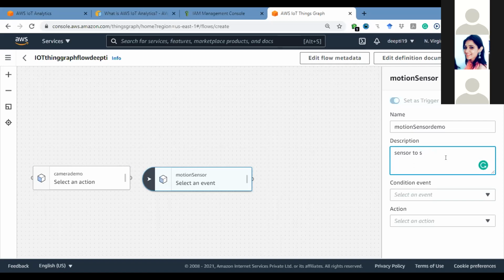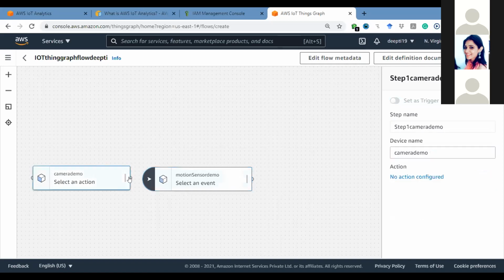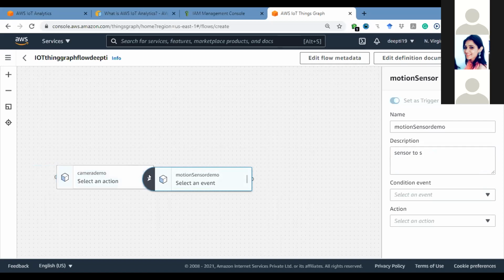Yeah, connect it. Now you can see at the end of this camera, one dot kind of thing is there. Make a connection with this. Are you able to do it? I'm clicking, then every time it is putting a new camera over there. 4, 5 cameras have been dragged. I click to select one and press delete, but the moment I click, it is creating another one. How is it possible?